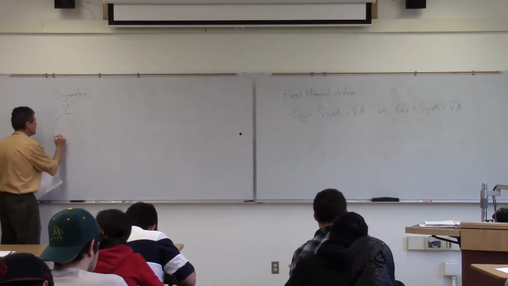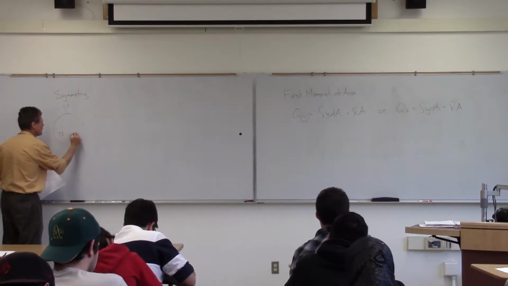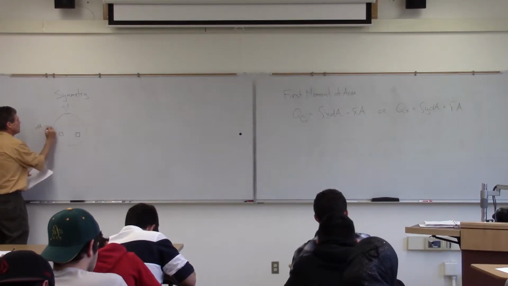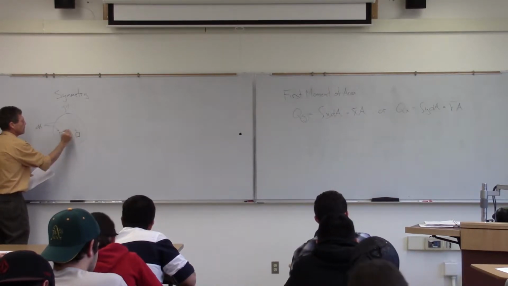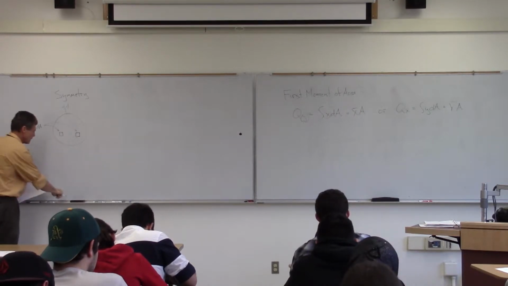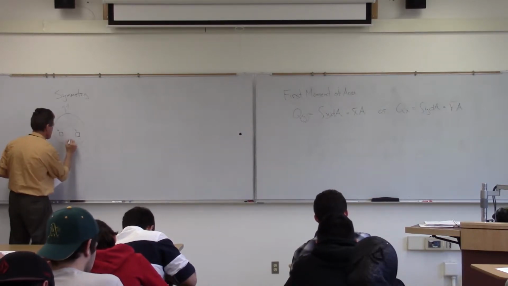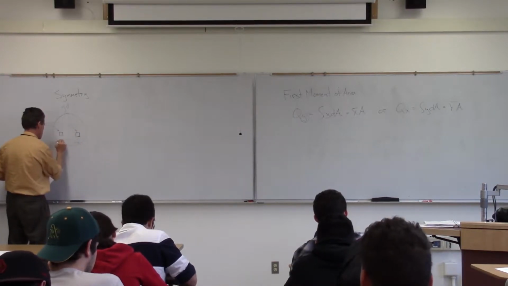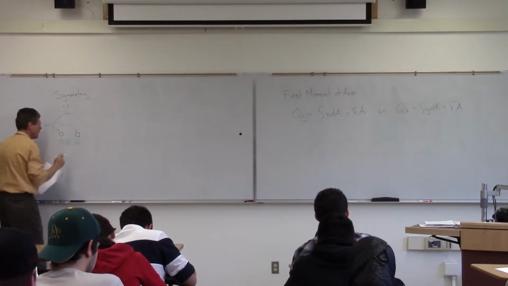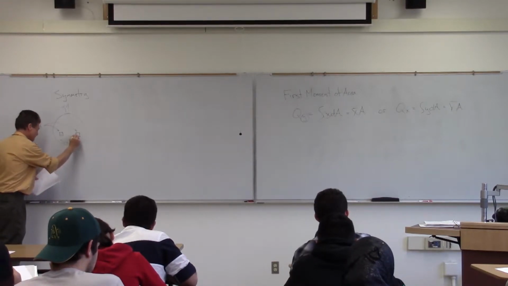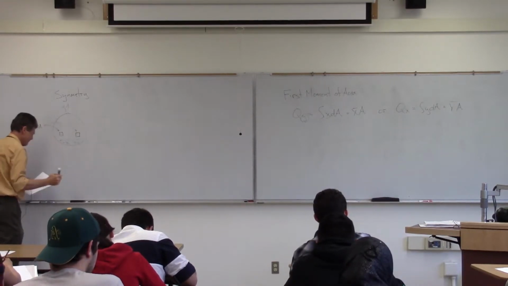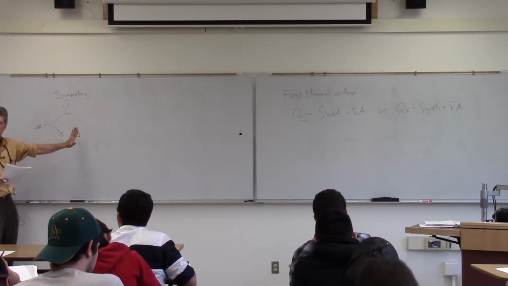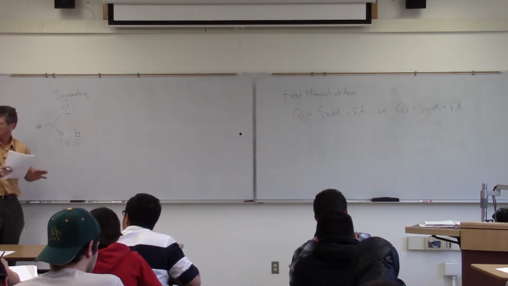So if I have a piece on either side there, so I've got two pieces of delta A. And if I do an integration across those areas there,